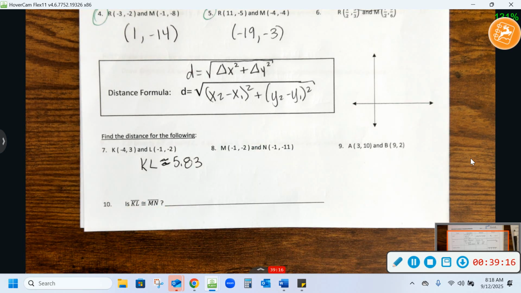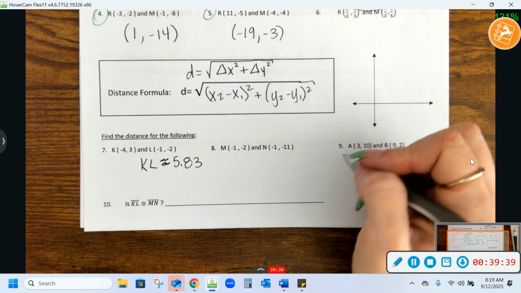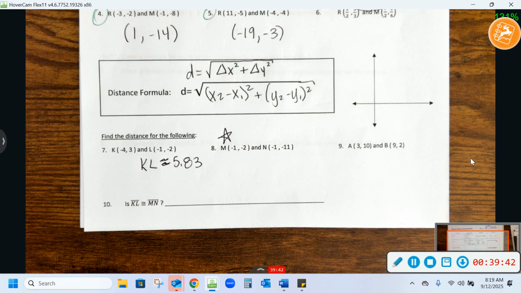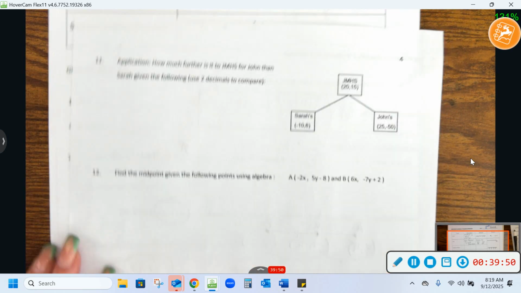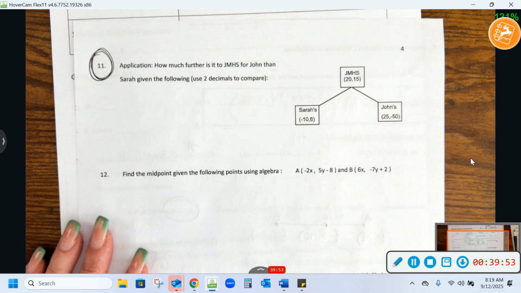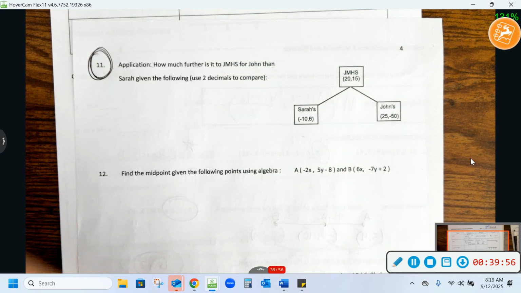Doesn't matter which direction I did this in if I use the formula. It does not, because at the end of the day I'm going to square it. So it doesn't matter. So if I were to say on this one, -1 minus -4, which is -1 plus 4, or if I said -4 minus -1, we're going to get the same thing and we're going to square it. Doesn't matter. Okay, we did 9. 8 is yours. 10 is yours. This is your challenge right now, but you also have a little bit of a break. So I'm going to stop this video up here for the